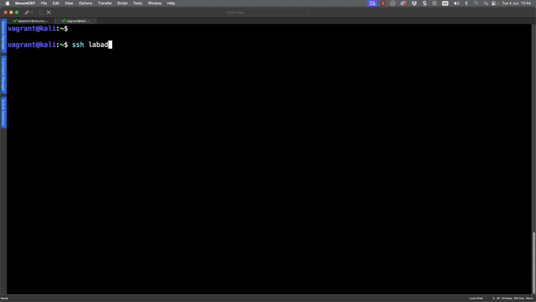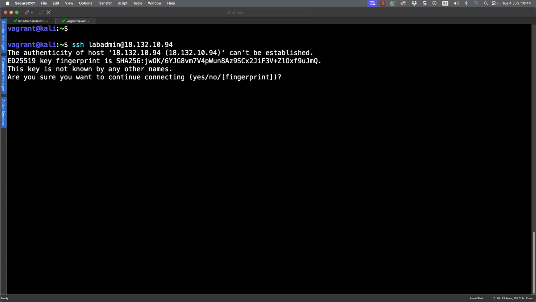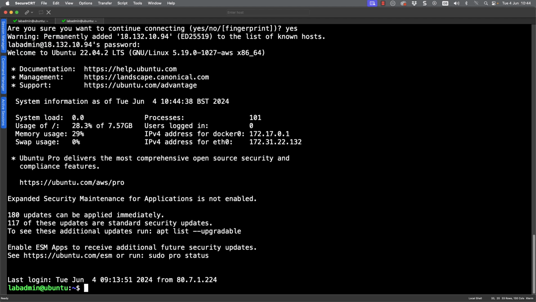let's connect into my remote AWS system. So I'm going to connect as a lab admin user, and if I can type the IP address that's scribbled on my bit of paper, I should be able to get into this system. I'm using password-based authentication, so I'm going to need to type in a password, and I'll be careful to type it correctly. But of course, the first time I connect to the system, I have to accept the fingerprint, the shortened version of the public key, to trust. Now carefully type my password, and now I'm into the system.